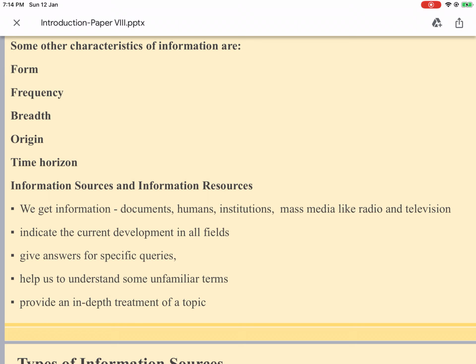Information sources are significant for information organizations and information users. This is because sources indicate the current developments in all the fields. They avoid duplication in research and give answers for specific queries. They help us to understand some unfamiliar terms, provide the meanings for the terms, and indicate a broader view of the